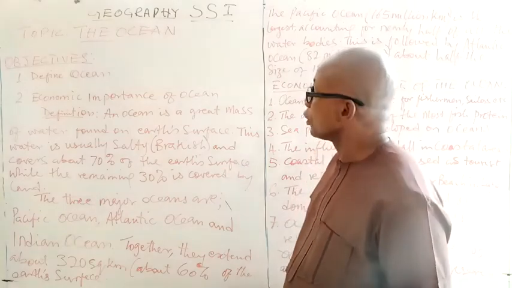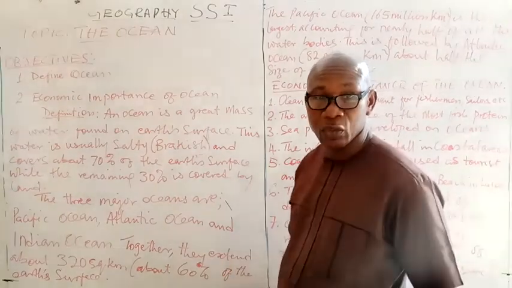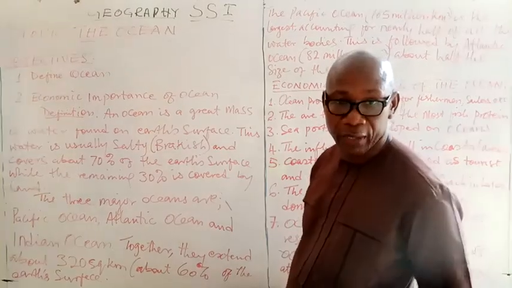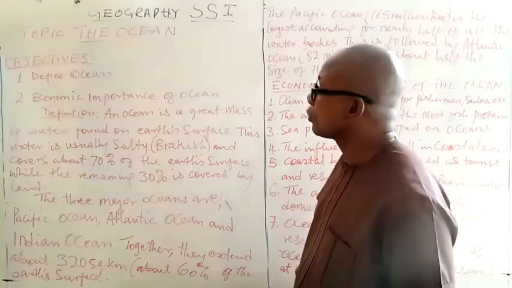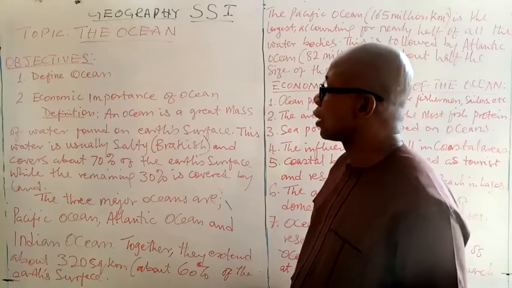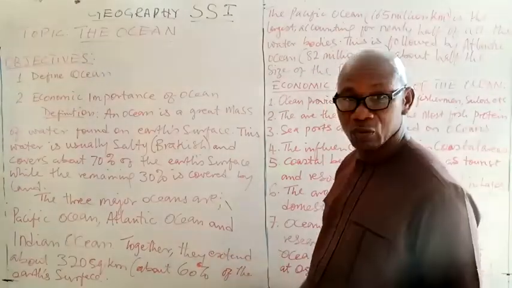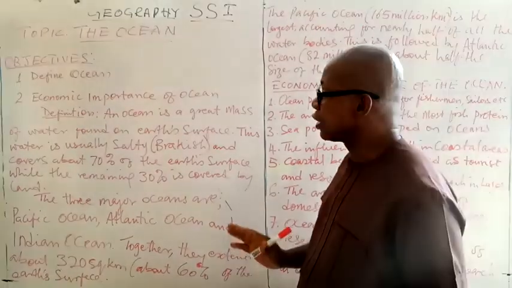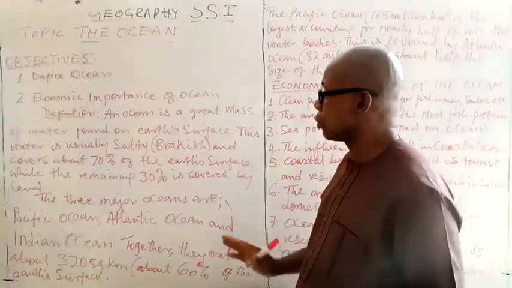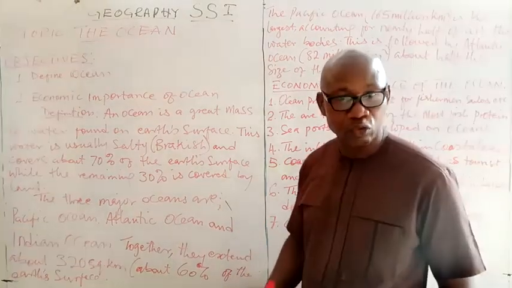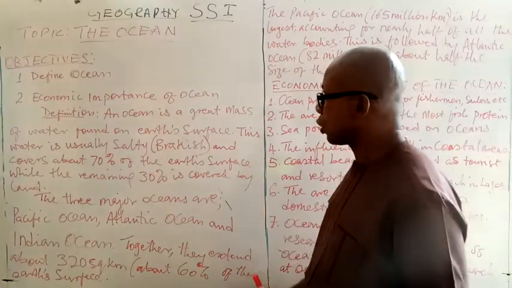In fact, this topic is chosen because our last lesson was on rainfall, and oceans are a product of rain and water. Today, the objectives for this topic are, one, to define the ocean, because at the end of this lesson, we expect to give a specific definition of the ocean. Two, to provide the economic importance of the oceans to man. And to go on with the lesson,